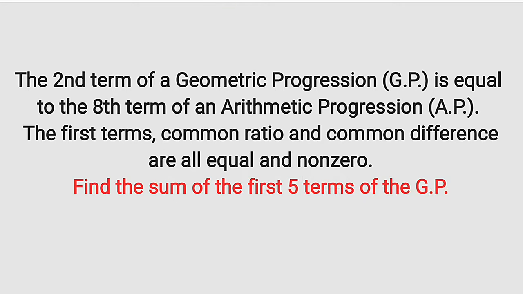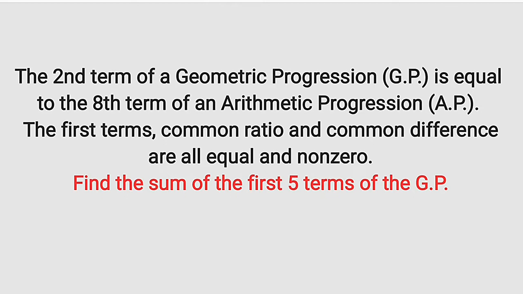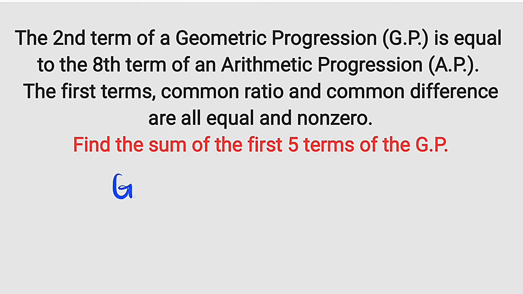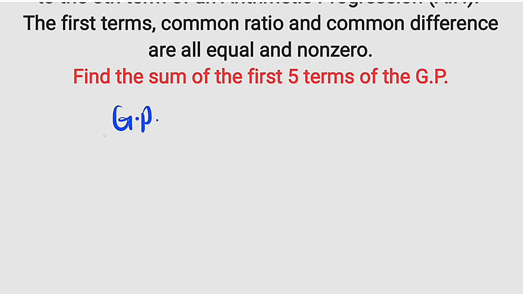Alright, let's get started. Let's start with GP, that is geometric progression. Every time you take Tn is equal to A multiplied by R to the power of n minus 1, for which A is the first term, R is the common ratio, and n is the nth term or number of terms. But for arithmetic progression AP,